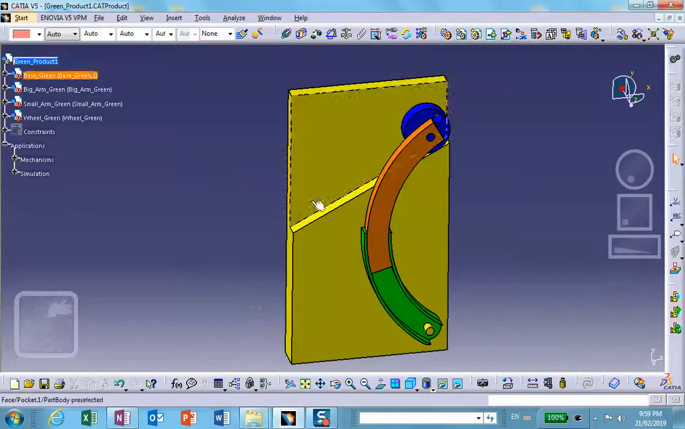Here's the situation. We have 4 parts. This is the base. Here is the big arm. Here is the small arm, and there's a wheel. And the wheel rolls on this track. Okay. Just to show you the kind of mechanism that this